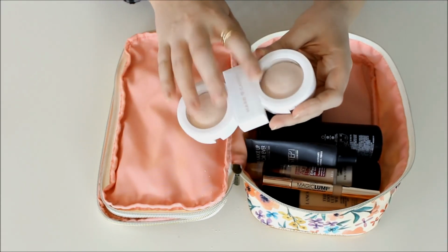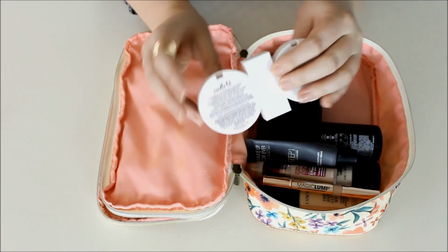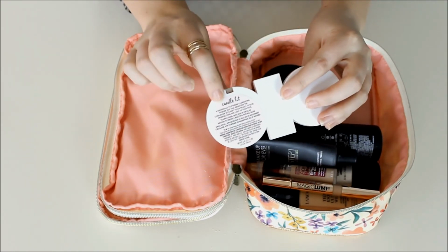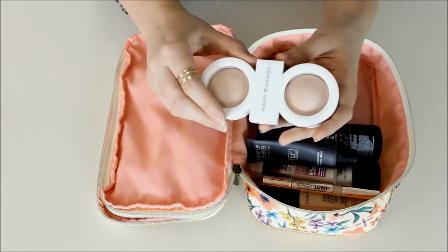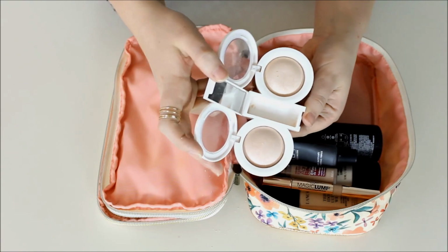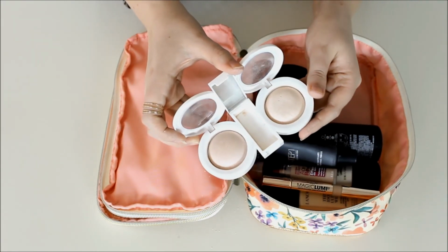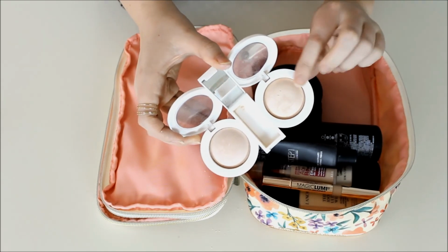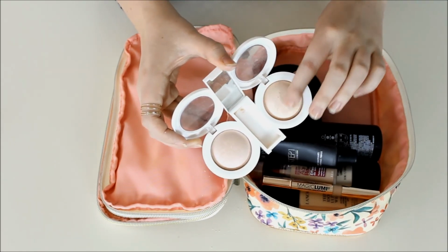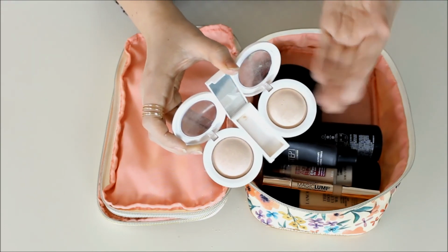I am falling more and more in love with these. These are the Hard Candy illuminating powders. The palette is called Candle Lit. And it's just really beautiful. I used to be a huge fan of the Hourglass ambient lighting powders, and I mean, obviously I still am. Those are beautiful powders, but these are a really loose dupe. They have a little bit more shimmer in them,